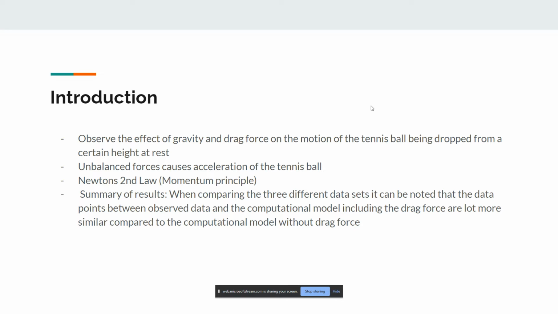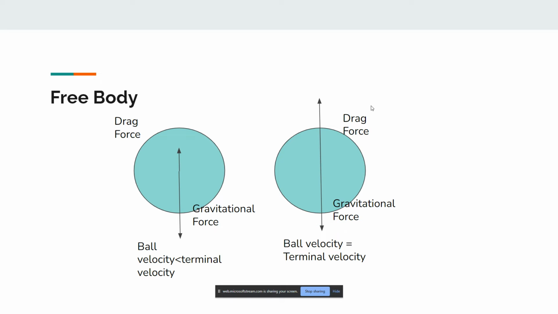state that when comparing the three different data sets, it can be noted that the data points between the observed data and the computational model, including the drag force, are a lot more similar compared to the computational model which doesn't include drag force. So when we're looking at the free body diagram, initially when the ball velocity is less than terminal velocity, drag force is pointing in the opposite direction than gravity, but is smaller. But when ball velocity equals terminal velocity, both drag force and gravitational force are equal in opposite directions, canceling